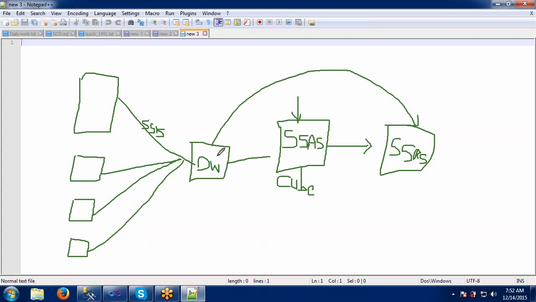Why? Because if our data warehouse performs well and we can directly query on it, then we can directly use this data source as an input to the SSRS. It's not required to have a cube and all these things in the picture. So if we think our database is small, we can directly query the database, apply some inputs and retrieve the data. Then we can take our SSRS into the picture.